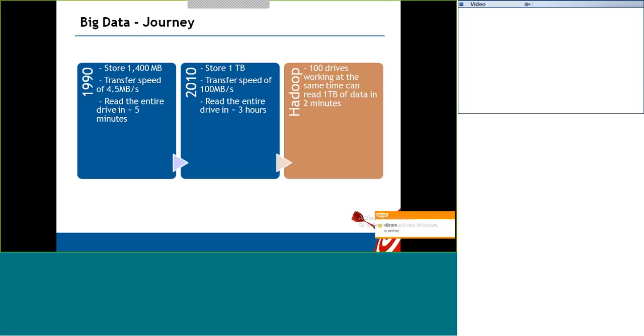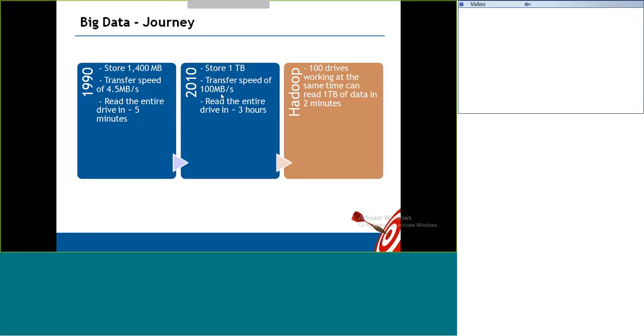Okay, so they were able to store and process the data by using this distributed architecture. After that, Doug Cutting, who is the father of Hadoop, took this concept in 2004 and developed a Google-like search engine, and then implemented this architecture on Hadoop. We are going to talk about that a little later.